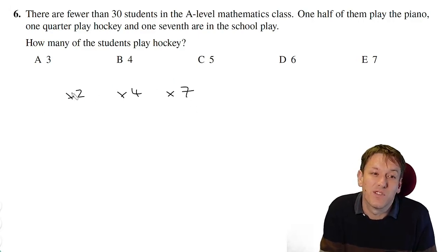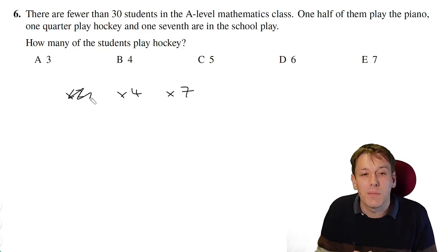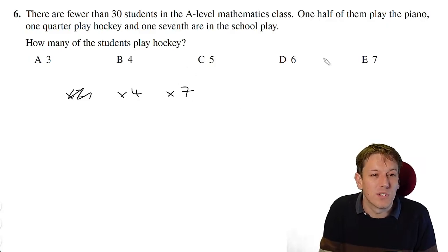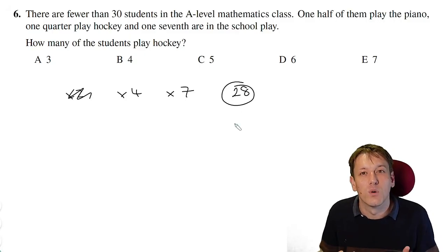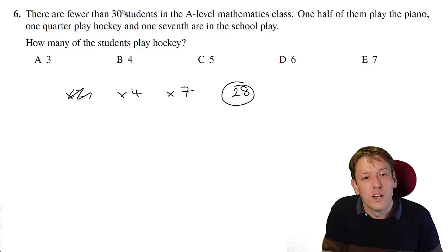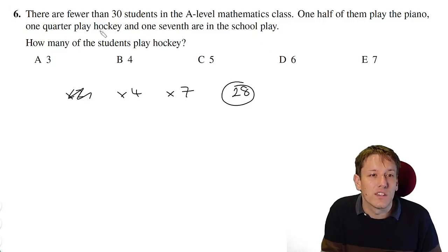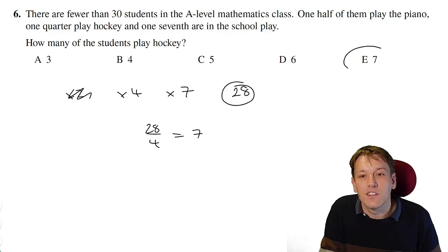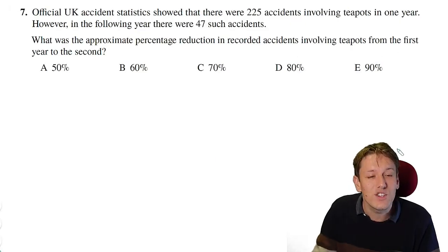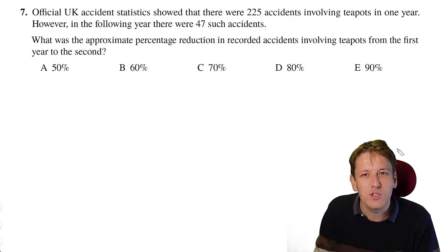So we need it to be a multiple of 2, a multiple of 4, and a multiple of 7. Obviously, anything that's a multiple of 4 is automatically a multiple of 2, so we don't have to worry about that. 4 and 7 don't have any factors in common, so the lowest common multiple of 4 and 7 is 4 times 7, which is 28, and in particular, that's the only multiple of 4 and 7 that's smaller than 30. There must be 28 students in the class, and it says how many play hockey. Well, it's a quarter that play hockey, so we've got 28 divided by 4 is 7, and the answer is